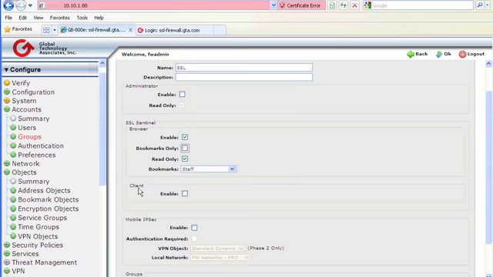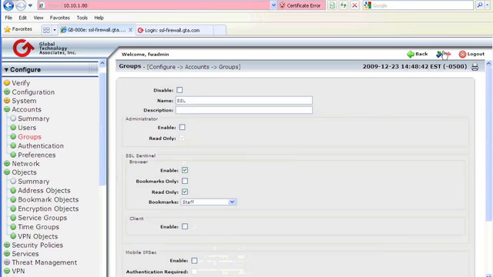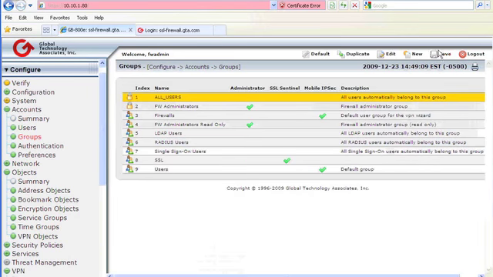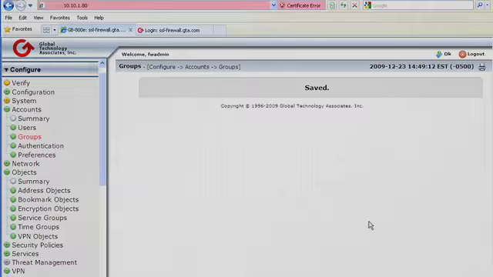In this demonstration, we're not going to do the client. Okay, we've got our group configured. We have our bookmark selected. Let's click OK, and always remember to save. Now,